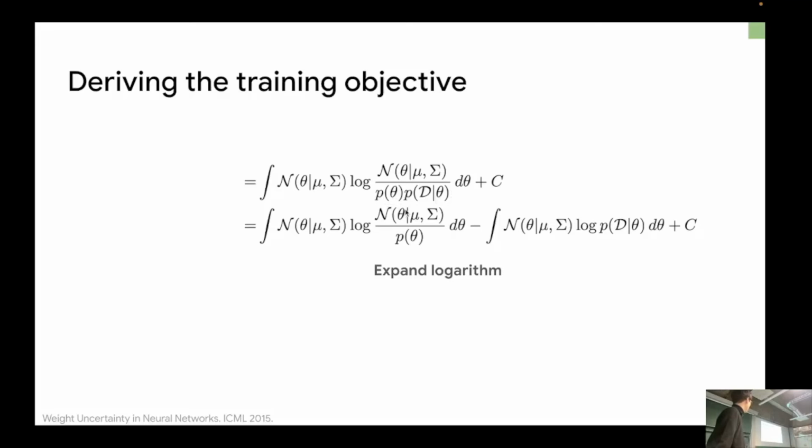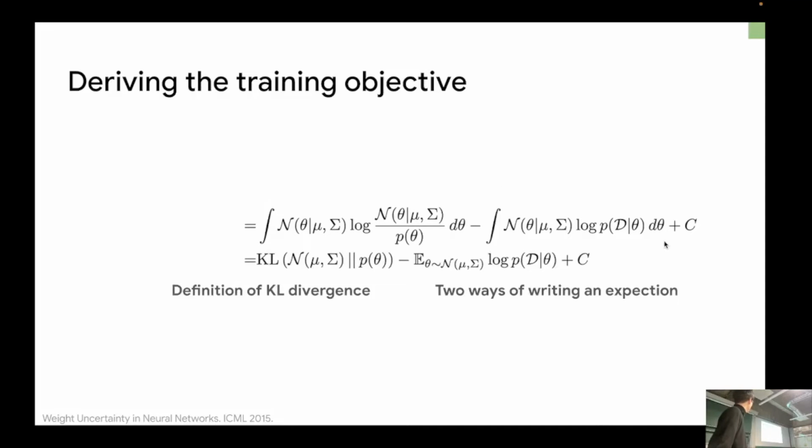You're now expanding the logarithm here for the prior and the likelihood. Okay. And here there's no big trick. You just do it. And then if you look at the left, the first term is actually the KL divergence between your prediction and the prior. Okay. So you can just write it down like this, right? For the prior, you actually have full control over what your belief is, right? So you can even say this is a very simple distribution, and then you can later on use this as a loss function. What is more important is the second term,